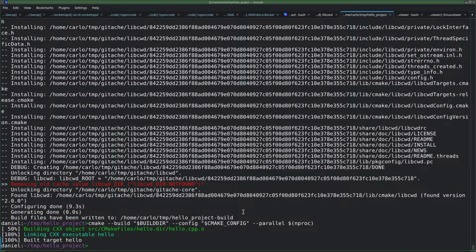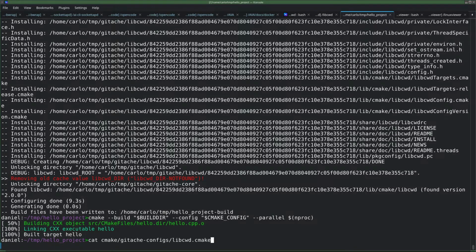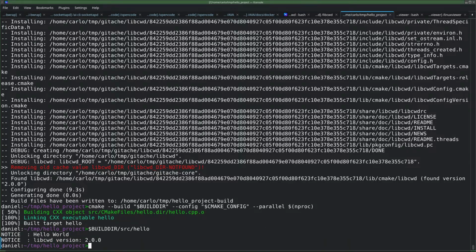I mean, now we're using the libcwd that was installed in gitache here. Let's run it again. And it works again. We have debug output. So that was gitache. Now the last step is to add support for cmake-aicxx